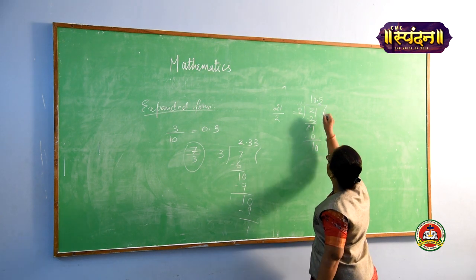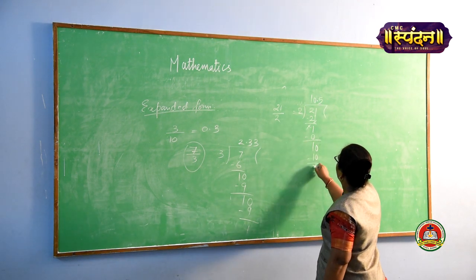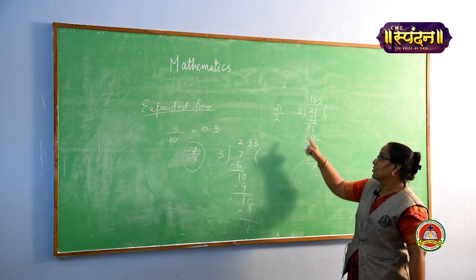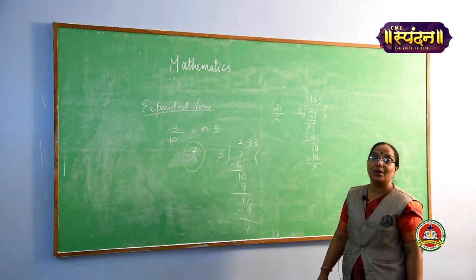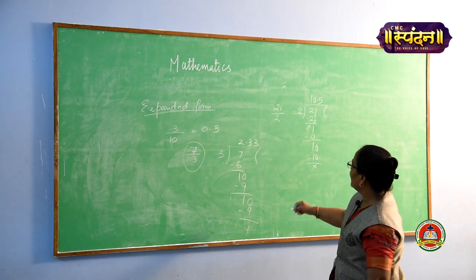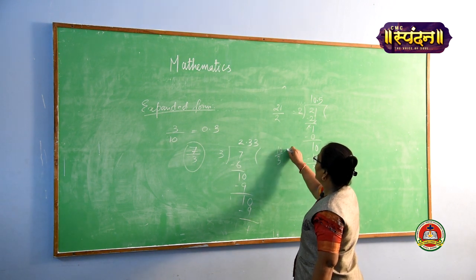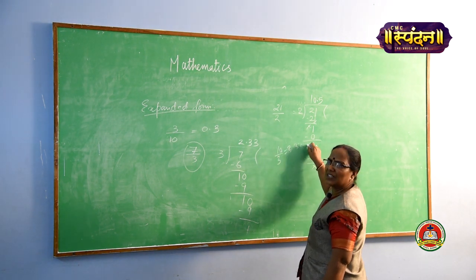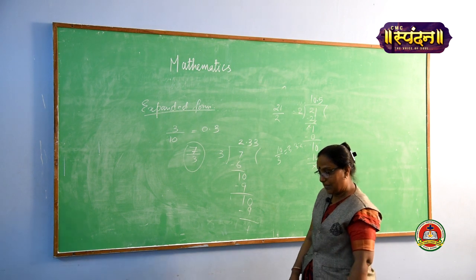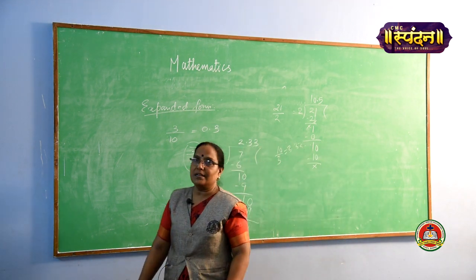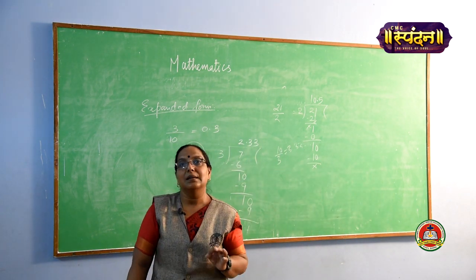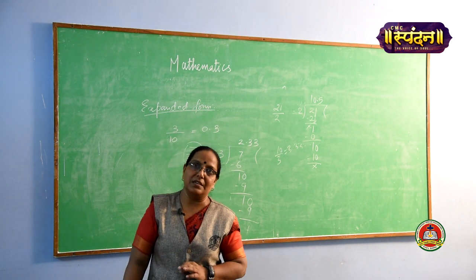Okay, so now 2 5s are 10. We have to write this one. So 21 by 2 is 10.5. Similarly, when you divide 10 by 3, the answer will become 3.33333 and so on like this. Then the question is, write the answer up to 2 places of the decimal.